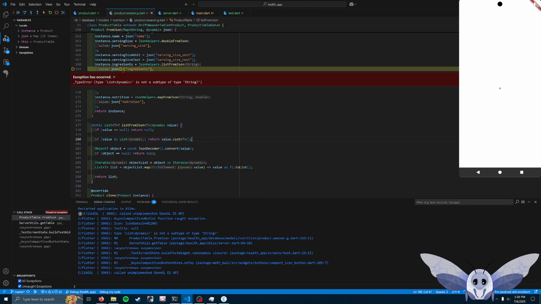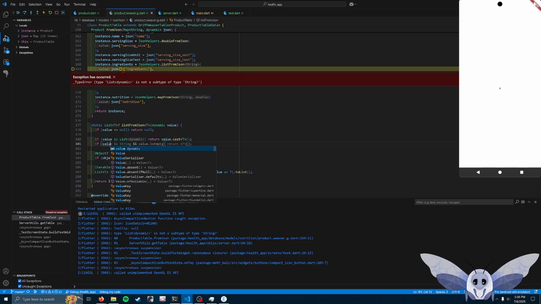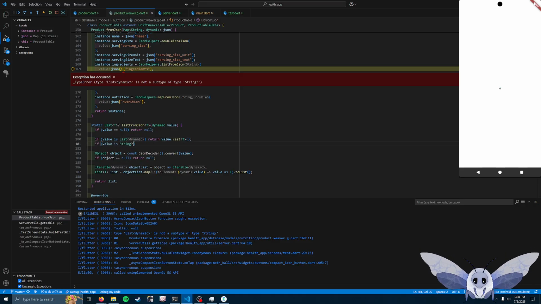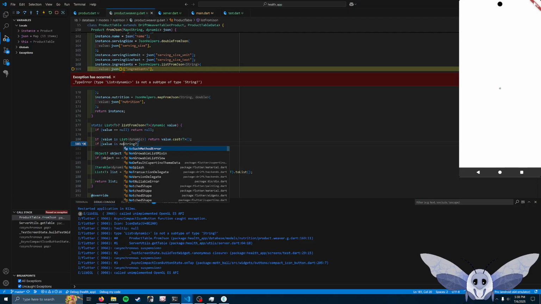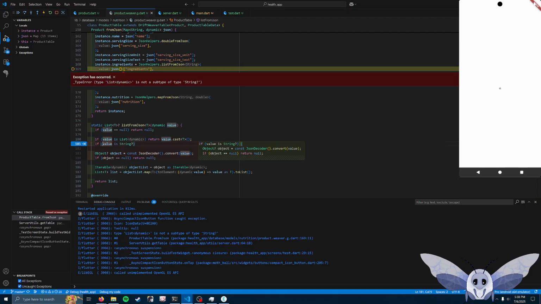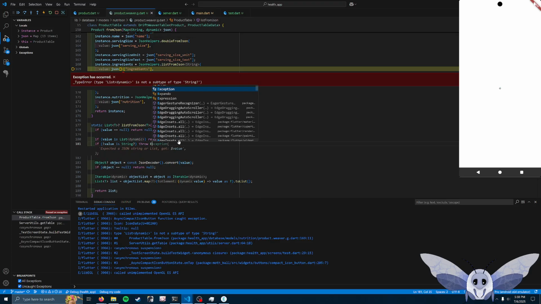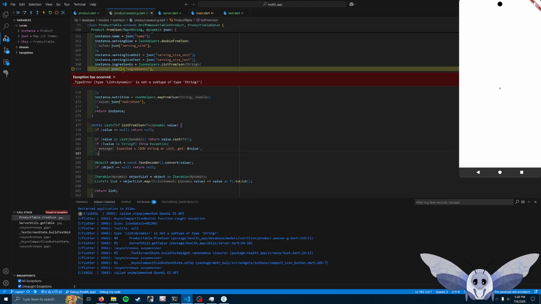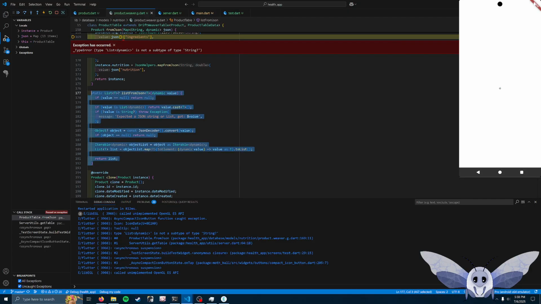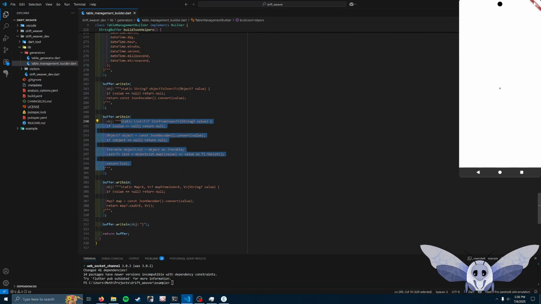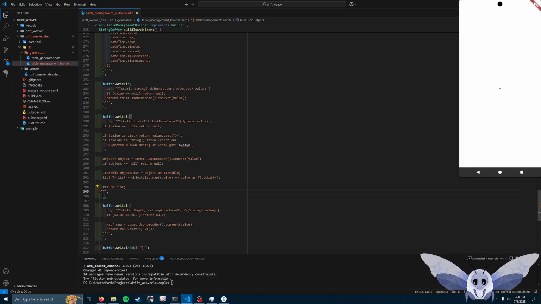And then if value is a nullable string, or rather if it isn't, we'll pull that out. Okay, and now if we go back to our code generator here,